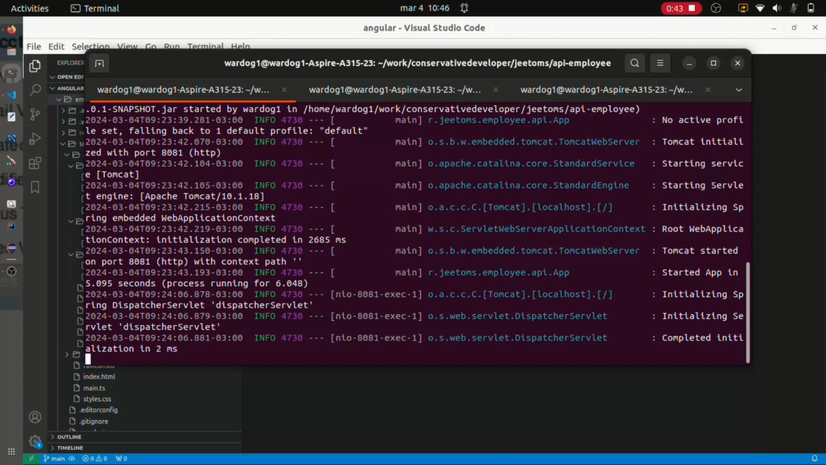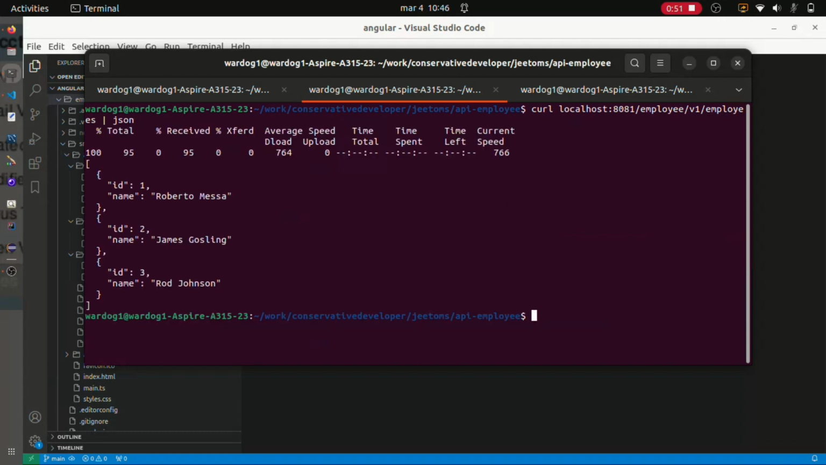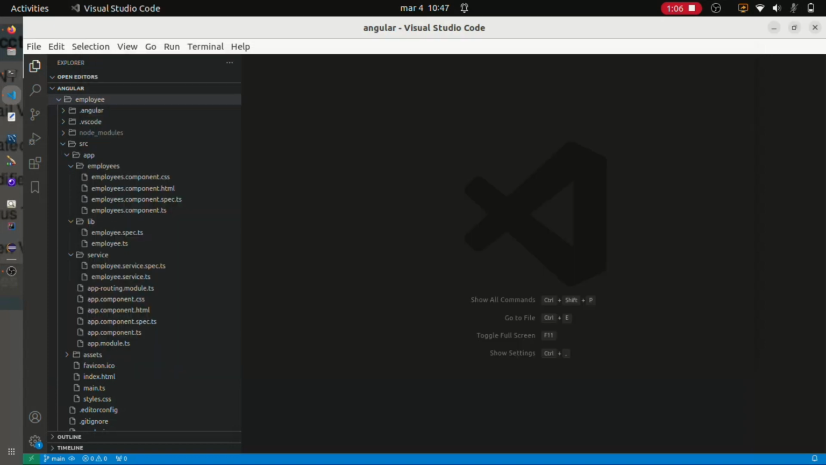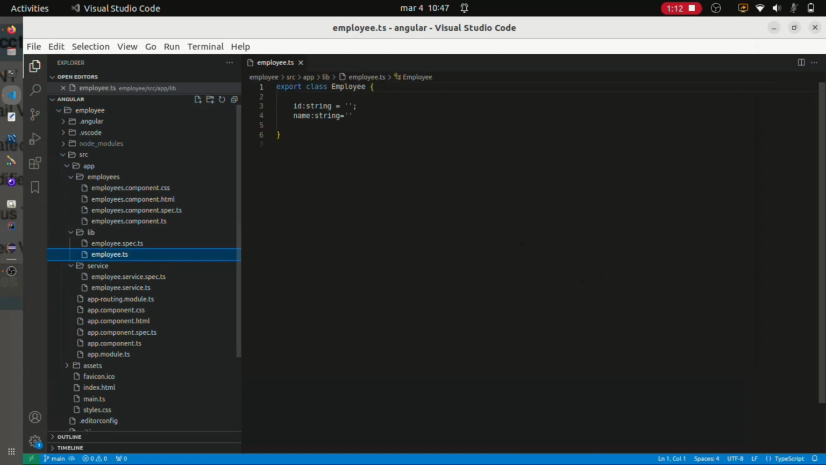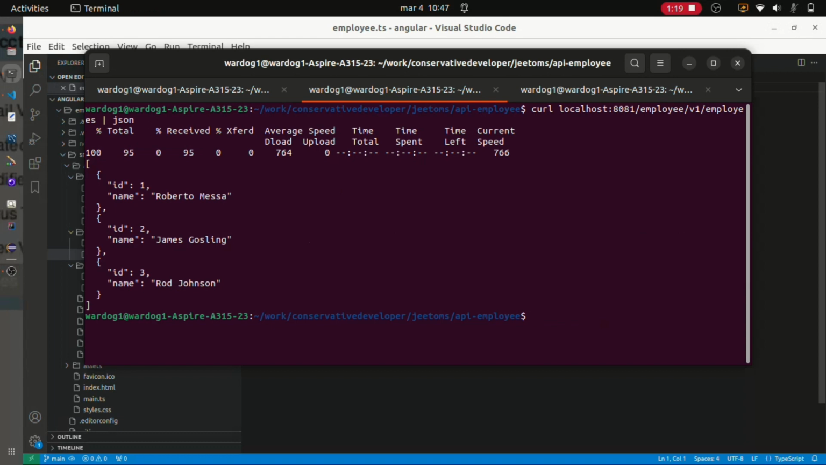Now we have our API running on port 8081. It is returning the data collection we saw in the previous videos, and we have an Angular application running on localhost 4200 to show how to build an Angular front end and retire the JSF. We start by constructing an employee data structure to receive the data structure from the API, the